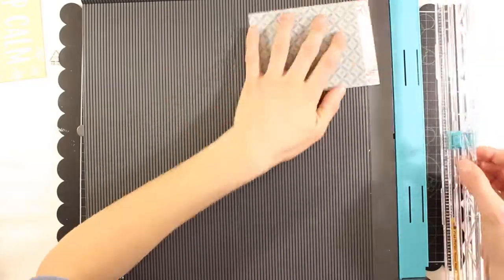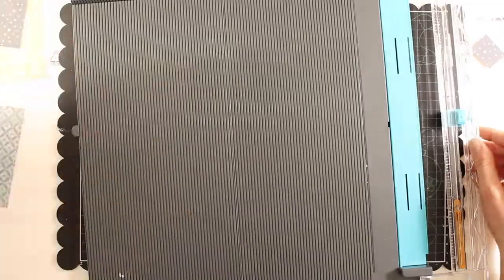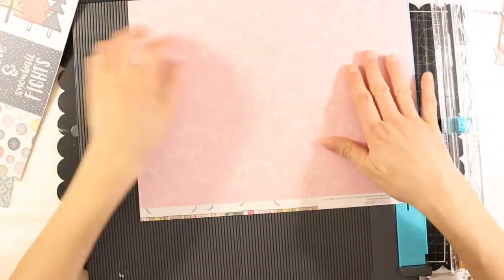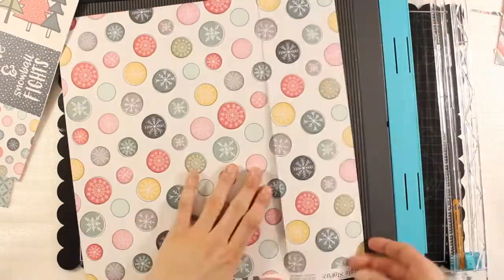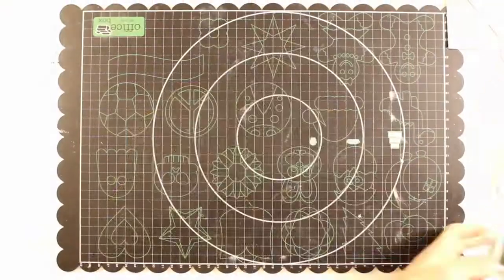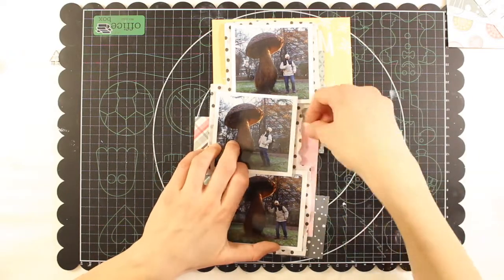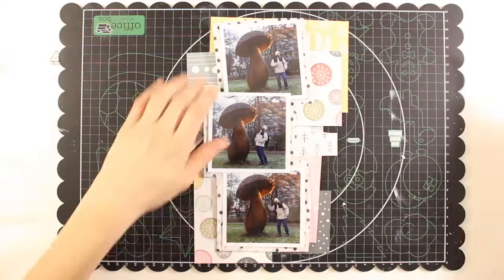Now I'm going to choose the pattern paper which I wanted to use to back my pictures, and I'm cutting just irregular pieces of paper, some rectangles, because I'm not taking precise measurements. I just wanted to create some wonky frames all around the photos, and I want to include as many of the pattern papers as I can. I particularly love this paper with colored snowflakes, so I will make sure to include it. And now I'm checking how I can set the various pattern papers, but I'm not going to commit for the moment, so I will leave it aside and go back to my background, because in the meanwhile the gesso dried,